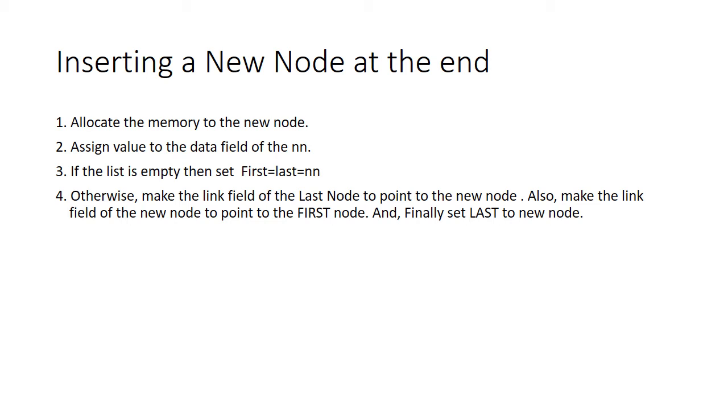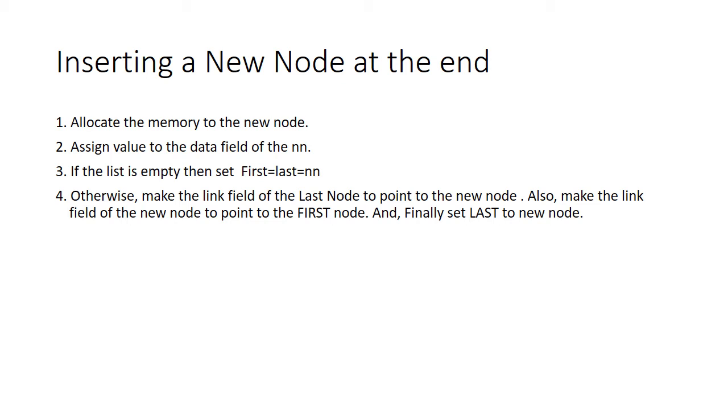But when you have a sufficient number of nodes in your circular list, with a first node as well as a last node, and you are going to insert a node at the last, then the last node's pointer field, which was pointing to first, you have to point to the new node. The new node's pointer field you have to point to the first, and since you inserted it at the last, this new node will be named last.